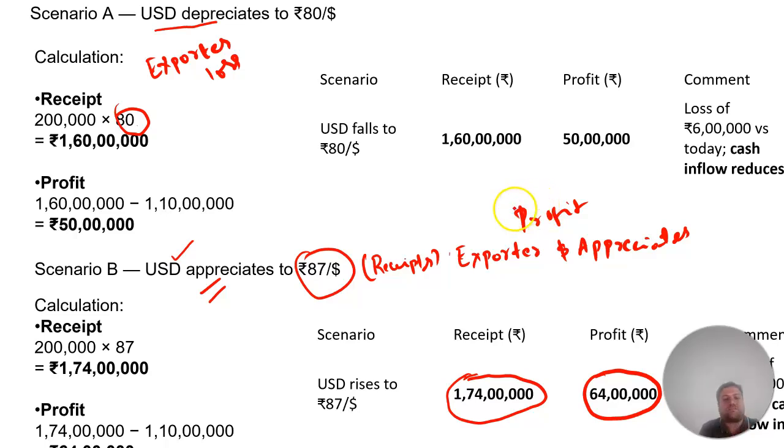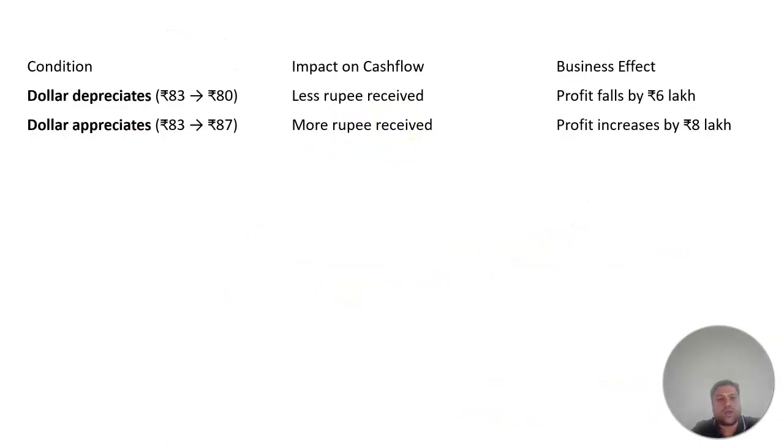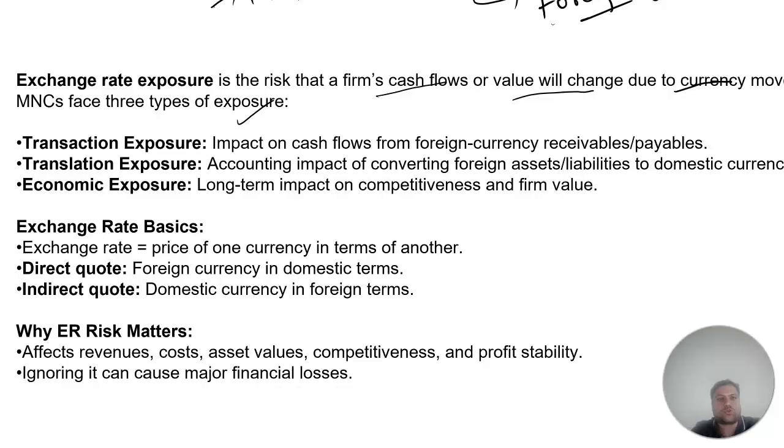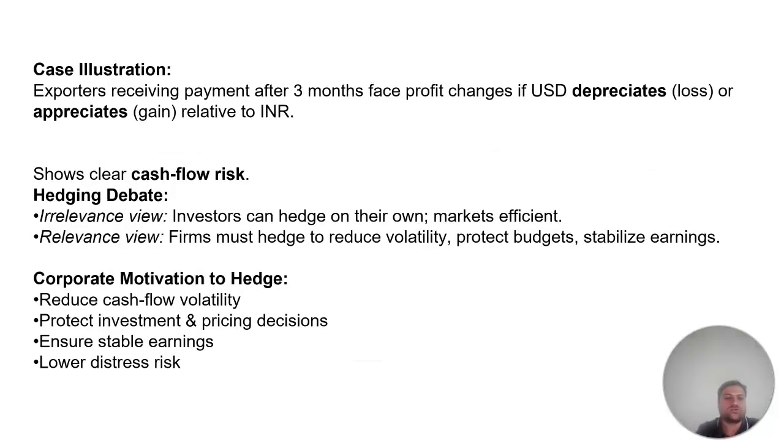So with a simple example, what you understood is that when the receipts or payments are in foreign denominated currency and are yet to be received after 3 months or 6 months, then they are exposed to exchange rate risk. In that type of situation, they need to understand how those risks can be mitigated, either through hedging or some other way where they can reduce the exchange rate risk. These are the important strategies